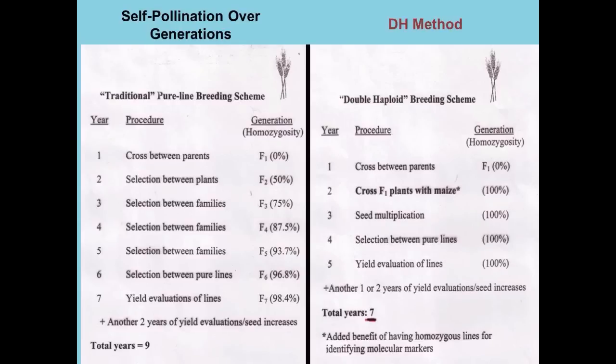So in reality, we're probably cutting off, in our estimation, as shown here in this slide, 2 years from the method as compared to the traditional, something along those lines. Now that doesn't sound like an awful lot, but it certainly is, particularly if you continue to apply this technique throughout your breeding program. So again, some of the major differences is a time savings in the doubled haploid,